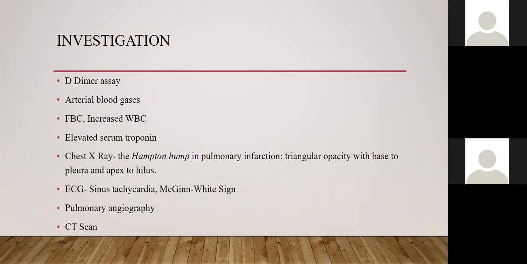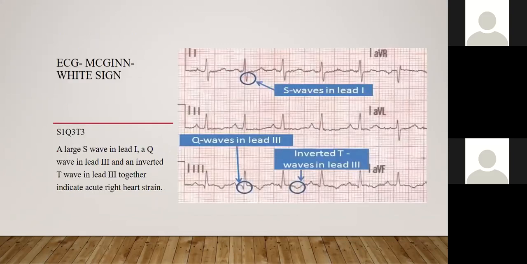Basically, the reason being that the clot sitting in the pulmonary artery puts a strain on the right side of the heart when the right side tries to push through the pulmonary artery. Okay. You can also do a D-dimer. So there's a classic McGinn-White sign where you have